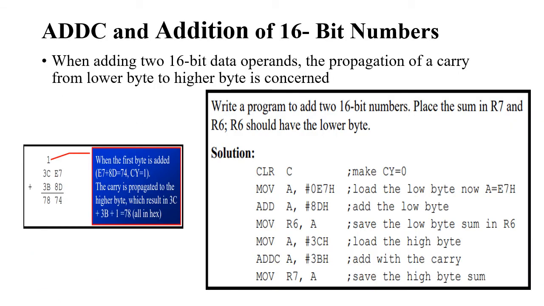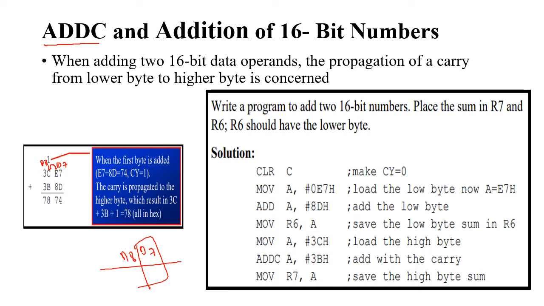In this particular slide, we will be discussing an add instruction, ADDC, that is add with carry. When we are adding two 16-bit operands, in our previous example we said that there is a carry from D7 to D8. Similarly, this happens in the case of 8-bit. If we are going to add two 16-bit numbers, made of two 8-bit numbers, there can be a carry from D7 to D8, as in the previous case.